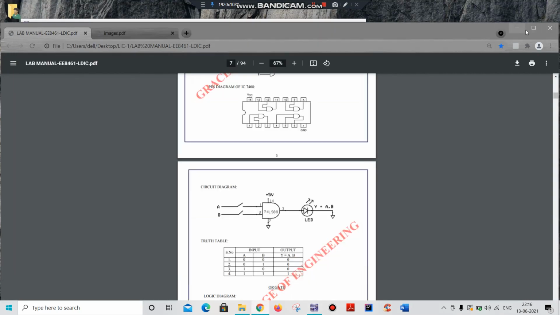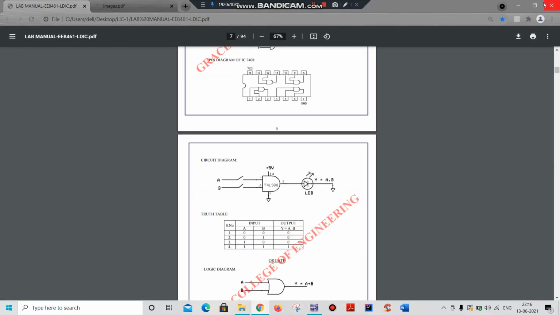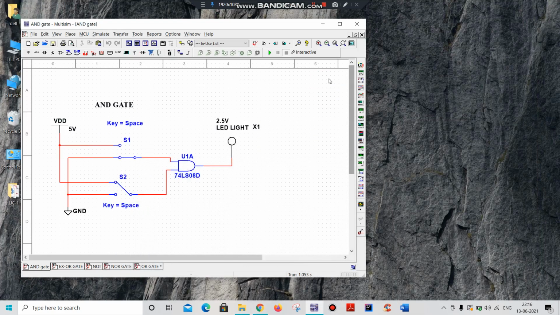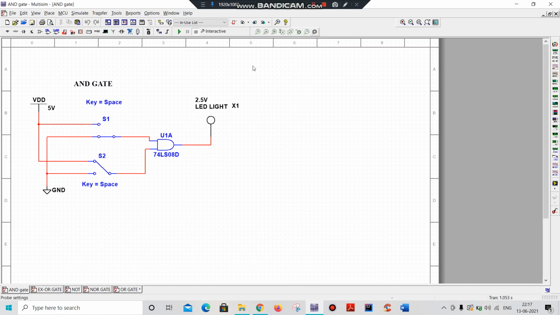You can verify it manually by using your trainer kit, but just in order to know the concept, here I am using the Multisim software to verify your AND gate. So first, I am taking two switches in order to give the input.